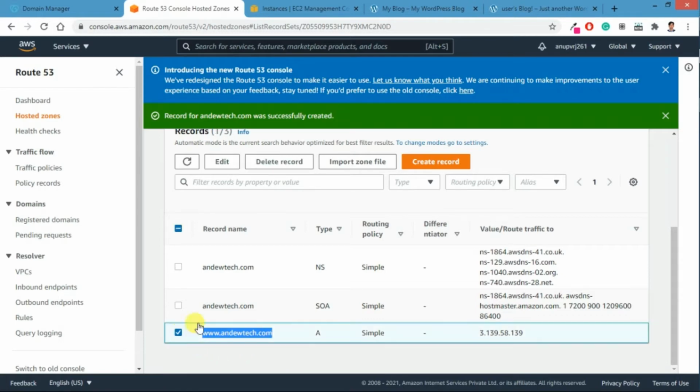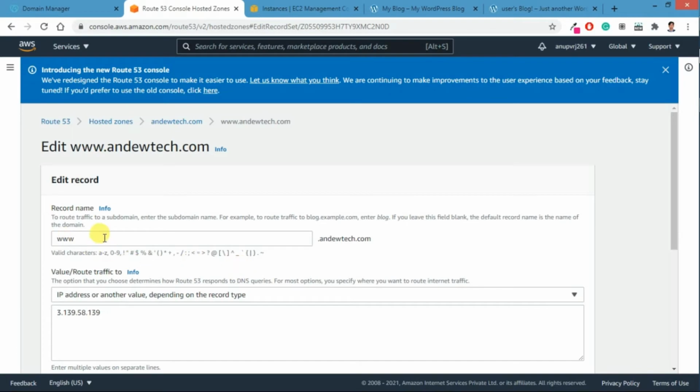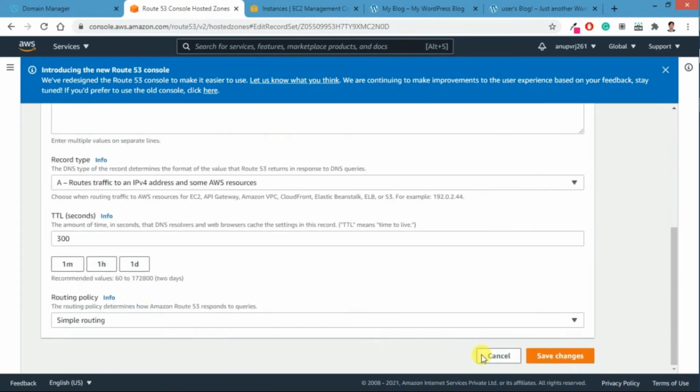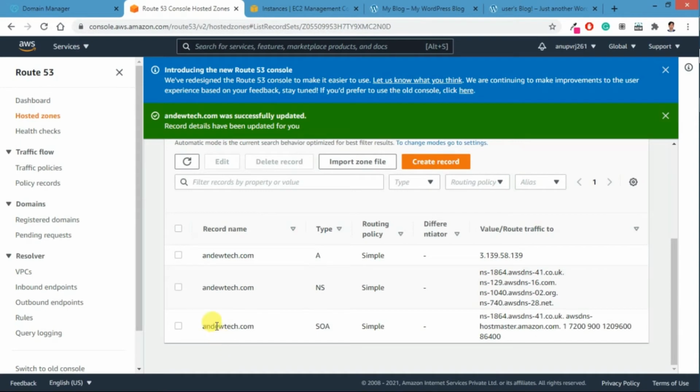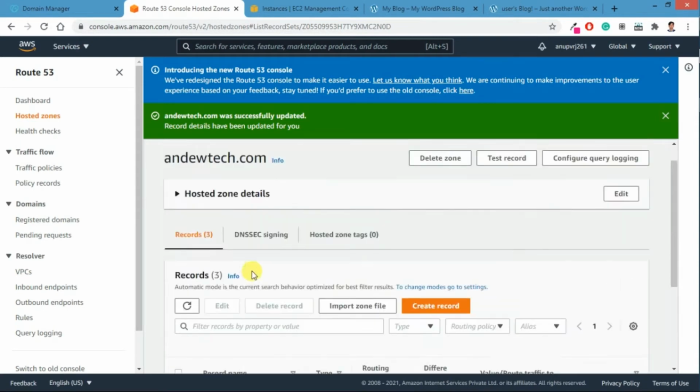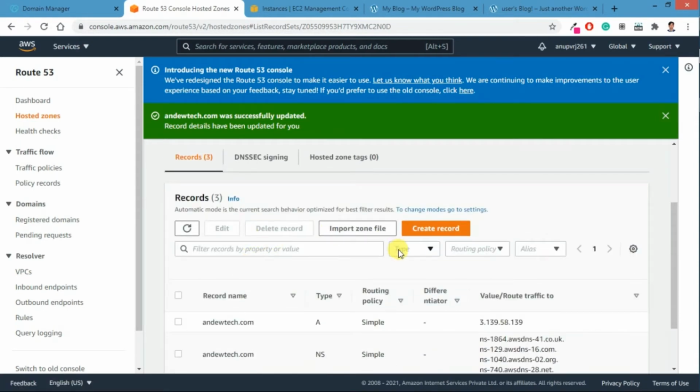So if you want to edit it, you can click on this, you can edit anytime, it's not a problem. We can do it after removing. Let's see whether it's going to load or not. If it works, we won't put www. Okay, yeah, it's working fine, so no need to put www. If somebody just types it, the request itself will generate that. It's fine. This one record is done.